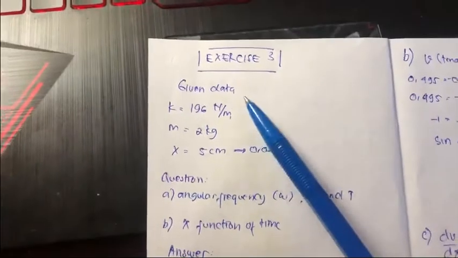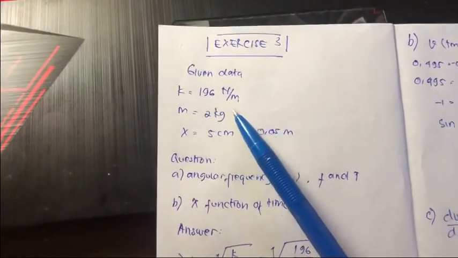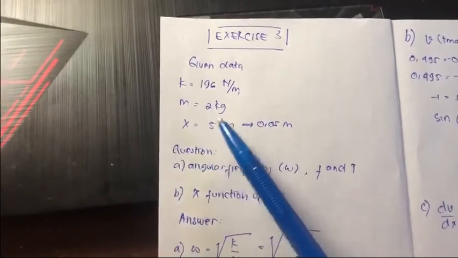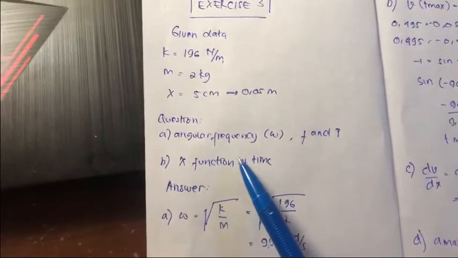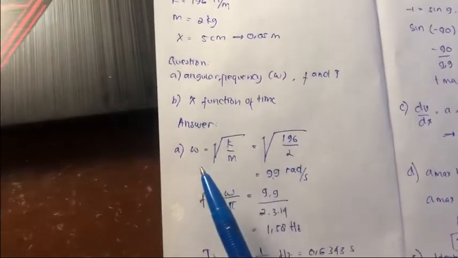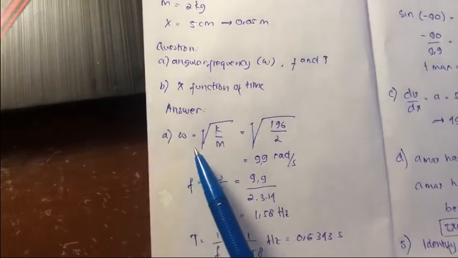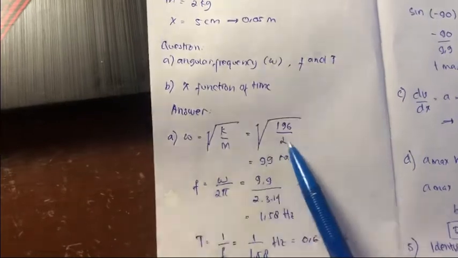Third exercise, given data: k is 196 newton per meter, mass is 2 kg, and x is 0.05 meter. The question is A, angular frequency and period, and B, x as a function of time. The answer to A: angular frequency is root of k per m. So we get this one,